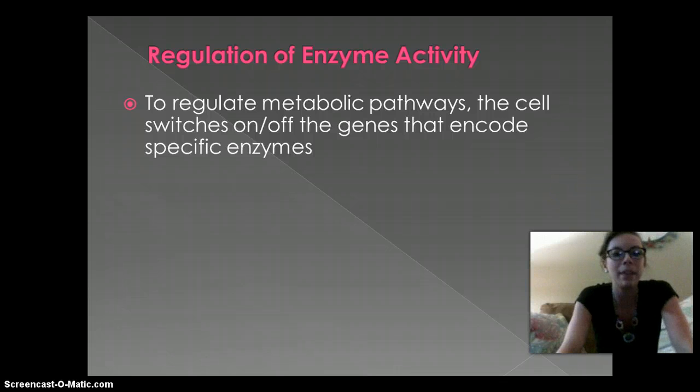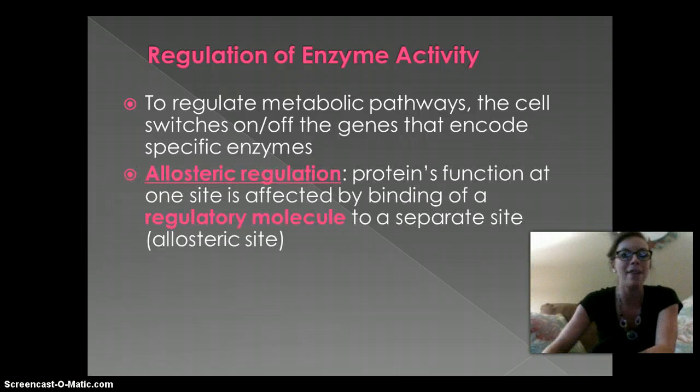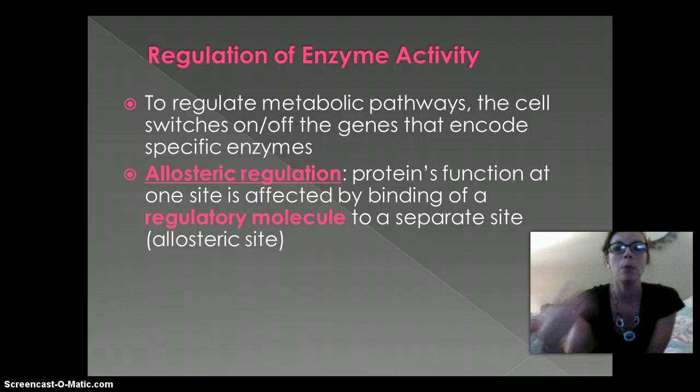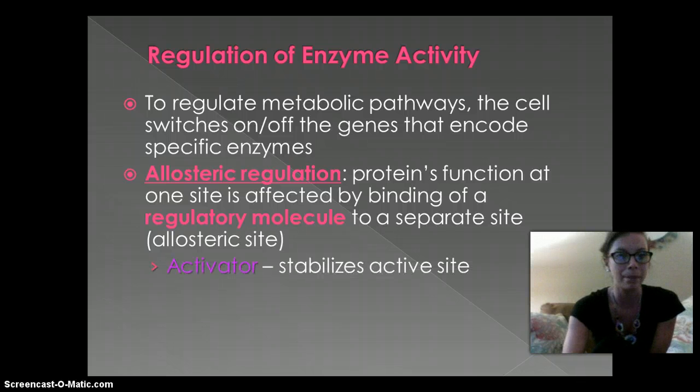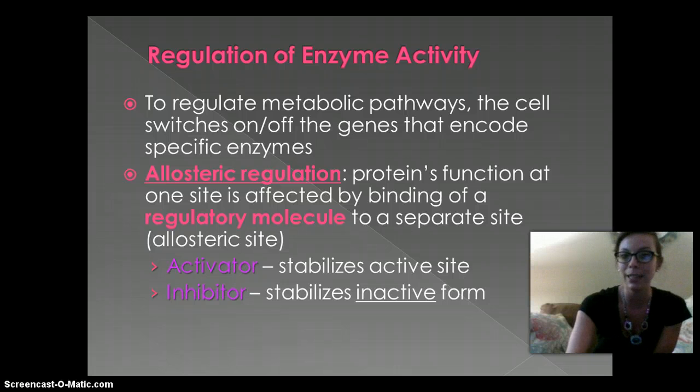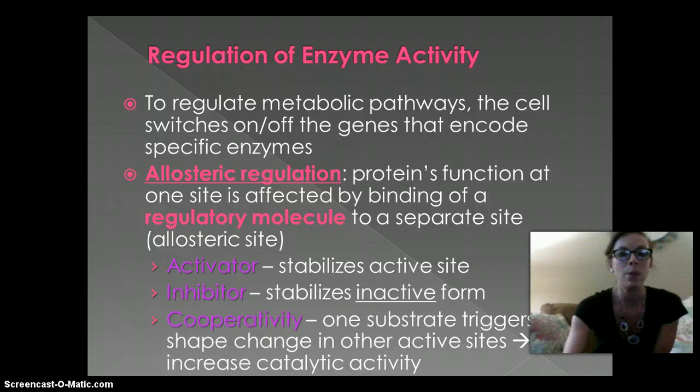So to regulate these metabolic pathways, they can switch on and off the genes that encode for specific enzymes. We'll talk more about that in the future. We have allosteric regulation, which is when a protein's function at one site is affected by the binding of another regulatory molecule at a separate site. This is the allosteric site. And the activator stabilizes the active site, and the inhibitor stabilizes the inactive form. And cooperativity was when they changed